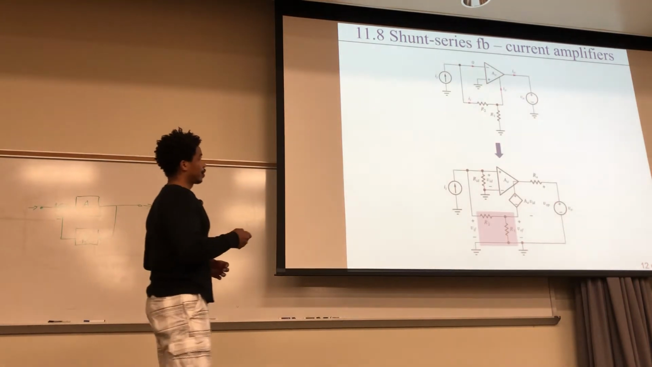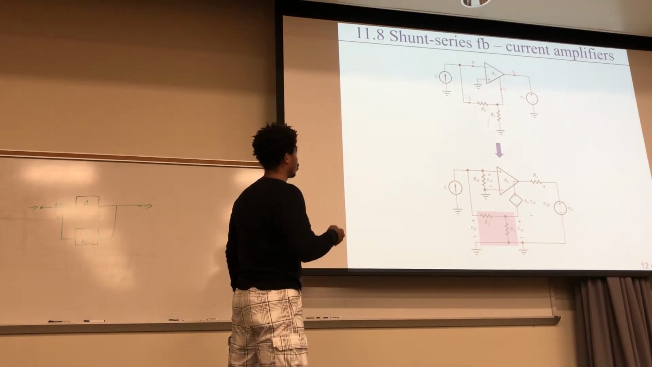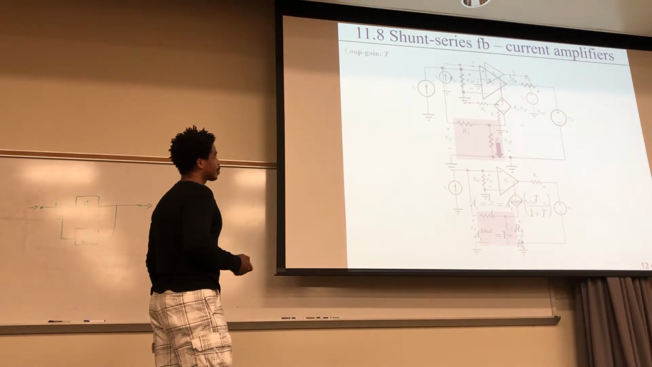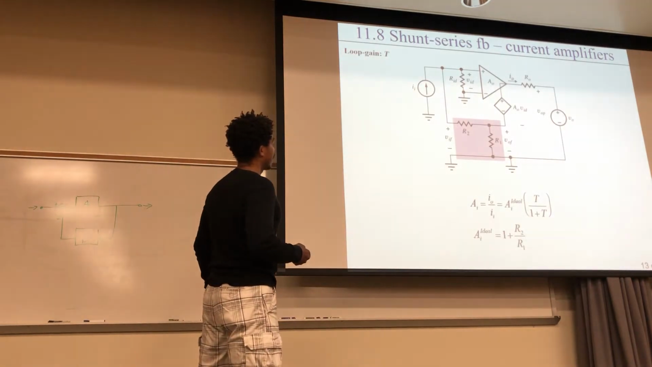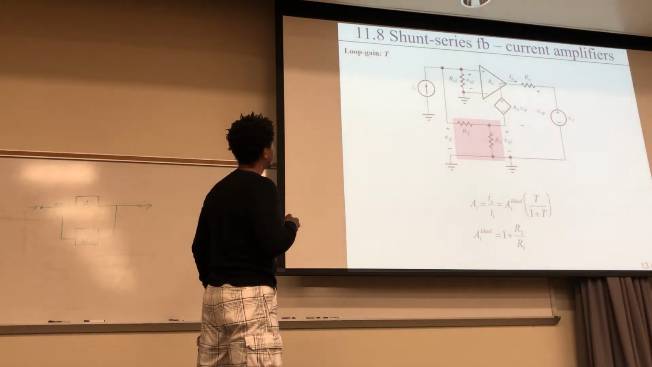Okay. So to do some abstraction into the non-ideal regime, you want to break out the resistance right here, and also the voltage controlled voltage source here. And then, for your loop gain right here,